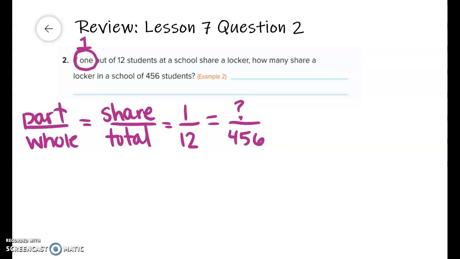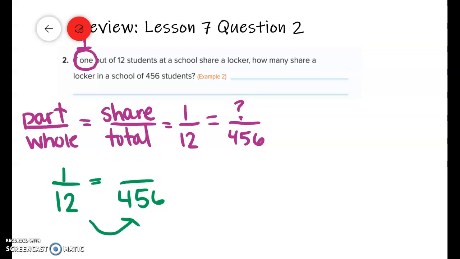So from here, what we're going to do is use our equivalent ratios again. We're going to compare 1 out of 12 is the same as how many out of 456. So the challenge to this question is how can we find out how to change a 12 into a 456? So you just have to go back to what you know about multiplication and division, because we are being asked to figure out, is 12 times anything equal to